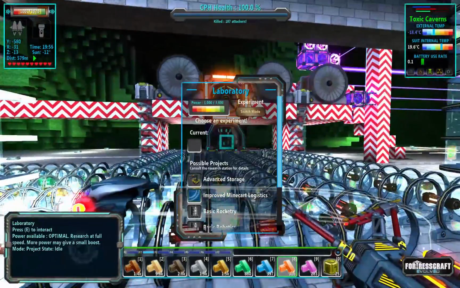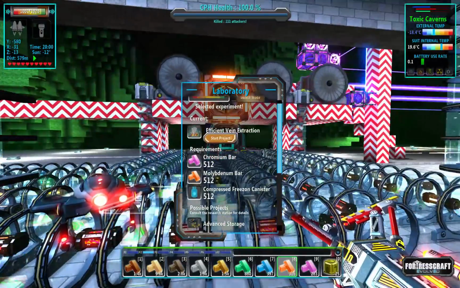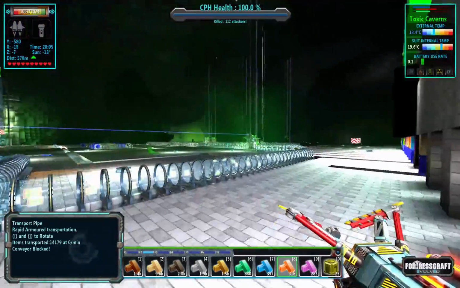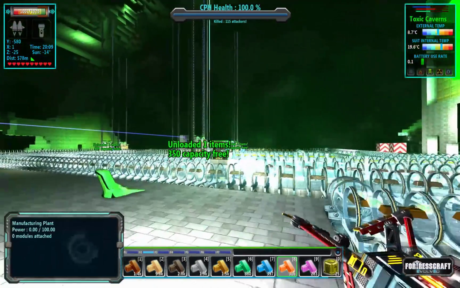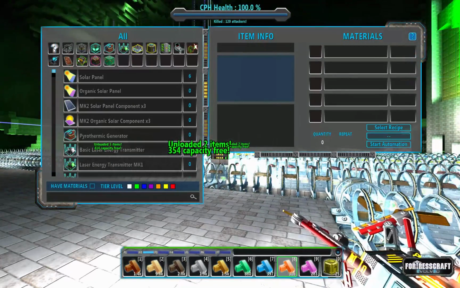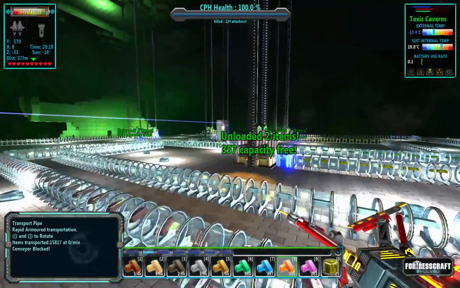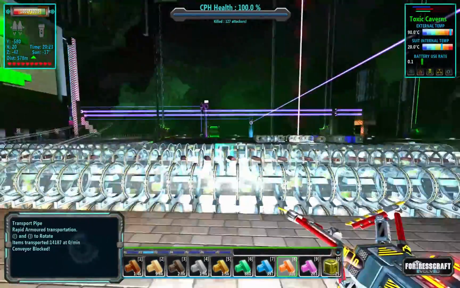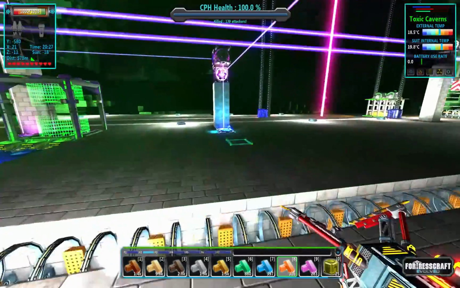Oh yeah, we need efficient vein extraction as soon as possible. We're going to need freeze-on for that. So let's think about that. I think we're going to need to go up and research those. I might have to take a break from Frozen Factory to do a Hodor system, just because I need